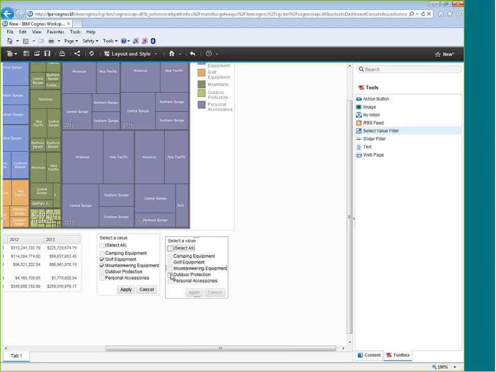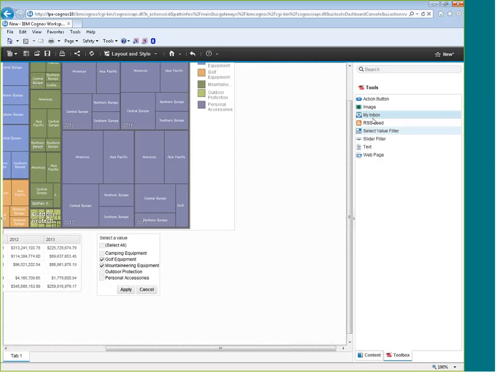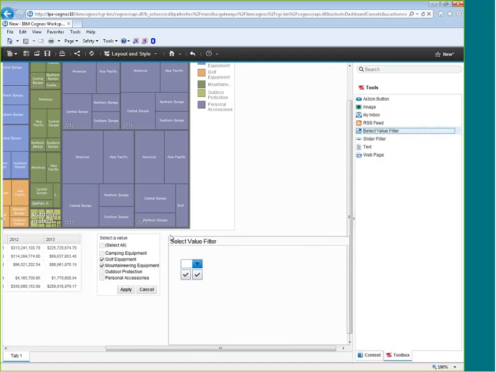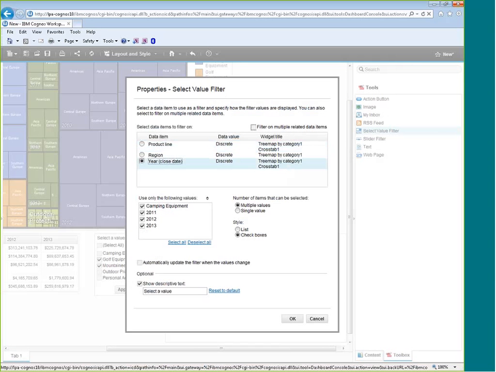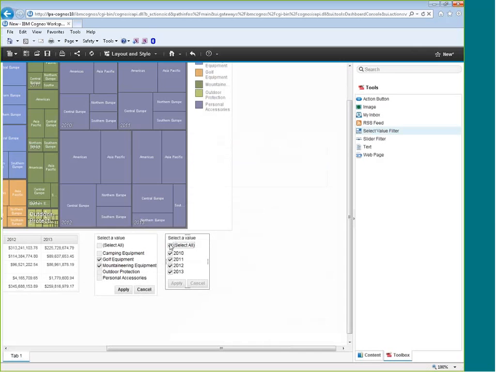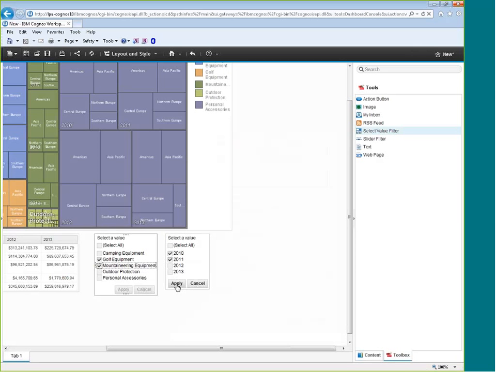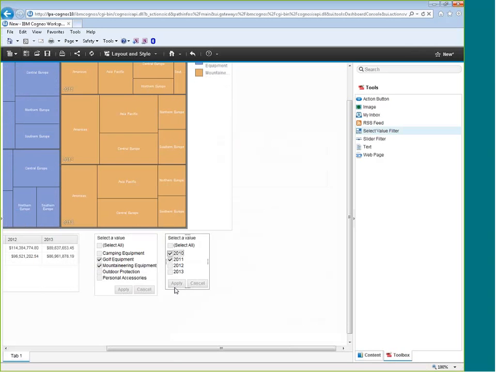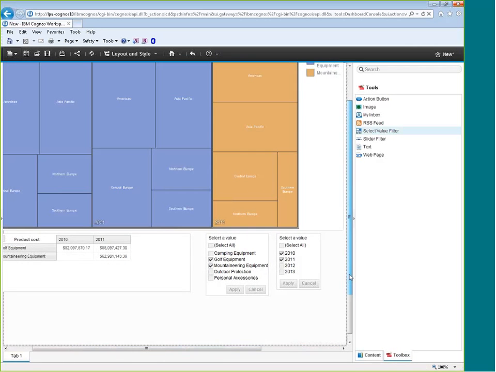Did I do the same one twice? I did. Let me try that again and get you a second one, otherwise the demonstration is not quite as valuable. Let's go with year. All right, so I'm going to go ahead and run my visualization and my tabular data for just a couple of product lines and just a couple of years. So you see,